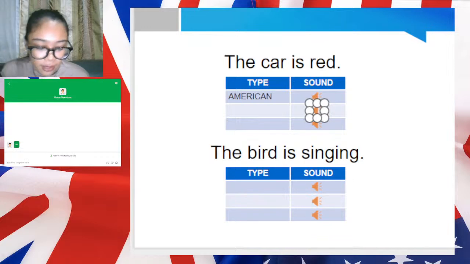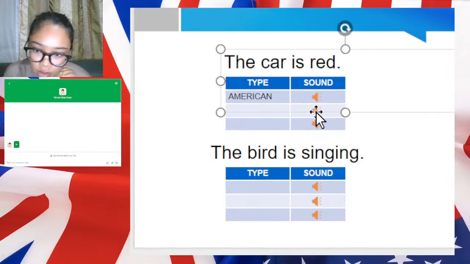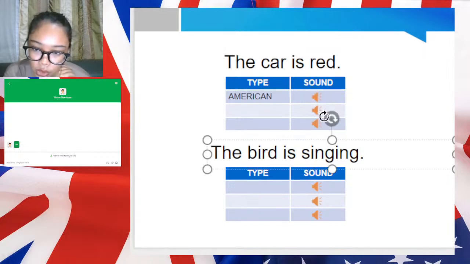So notice that it is non-rhotic in a way that the letter R sound in car is not usually clearly pronounced. It is most likely dropped. It has a soft sound, which is almost dropped. The R sound here is almost dropped. So it is non-rhotic. We have two options, British and Australian. But if you hear it again one more time,